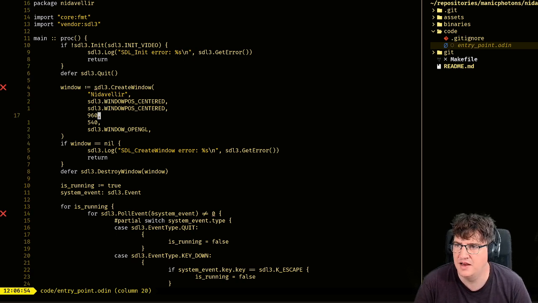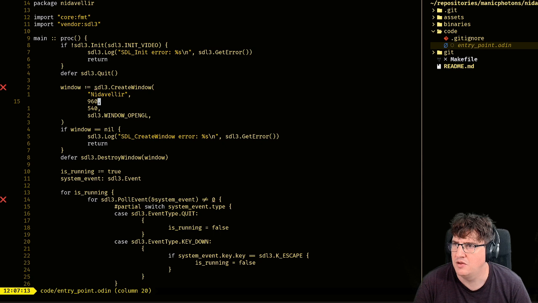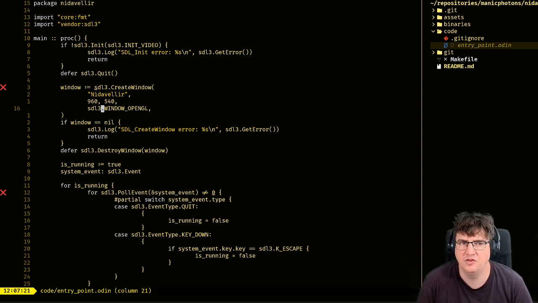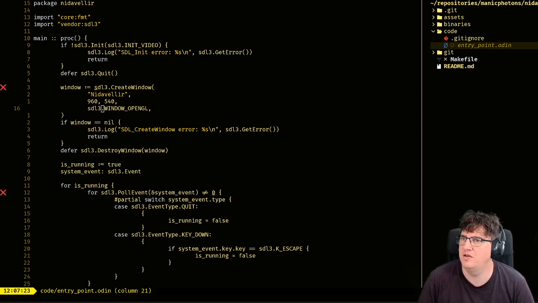It then takes some window flag. No, that's the wrong one. Yes, it takes some flags, some window flags. Okay. So I'm just going to take a title, a width, and a height, and then some window flags. Is window OpenGL one of those window flags?